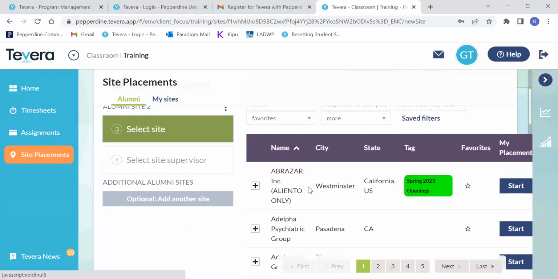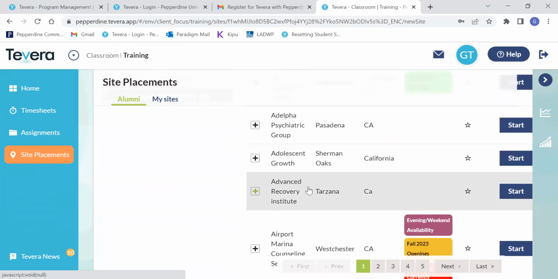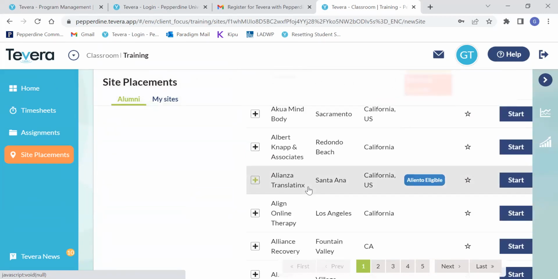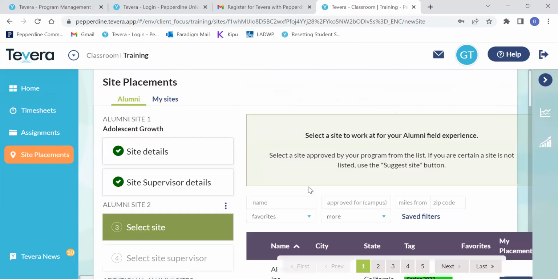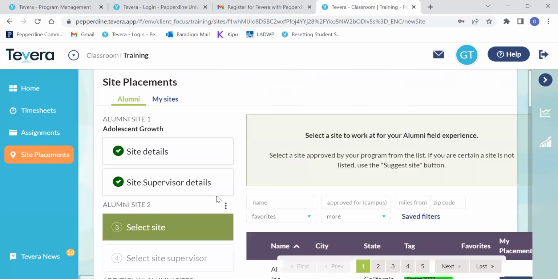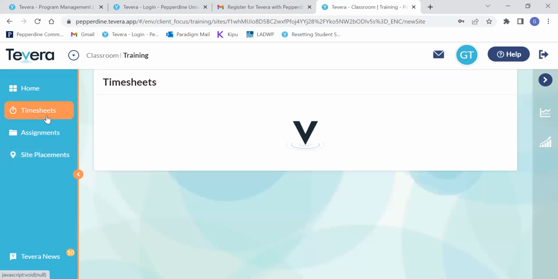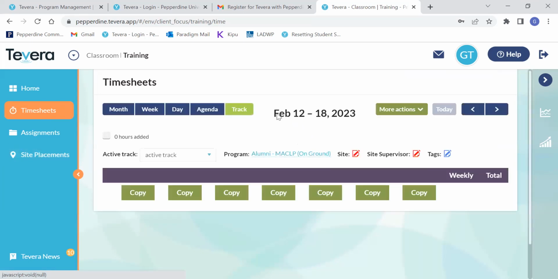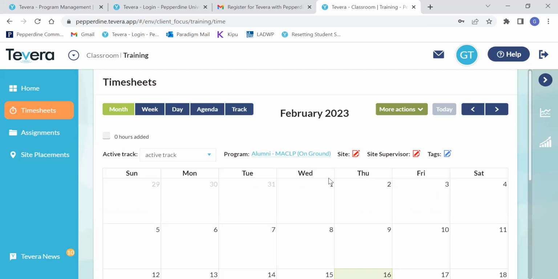Some of the sites that you can work at also as a student will be in here, but we don't have all of the sites that you could work at as an alumni, right? Because that's so many different places you could work. So most likely you'll have to just add them in yourself with the supervisor as well. But as an alumni, you can add whatever site and supervisor you want. And then once you do that, you don't have to get anything approved. They'll just be here ready for you to use, and you'll be able to track your hours just like you did